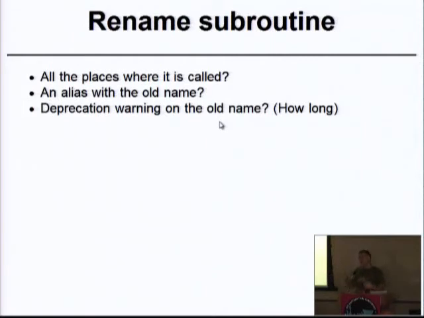So you can easily have a deprecation period. Then you warn, and after a while you remove even that placeholder subroutine, and that will make it easier for people who are using your code to follow your changes. Of course, you have to decide how long you have this deprecation period.